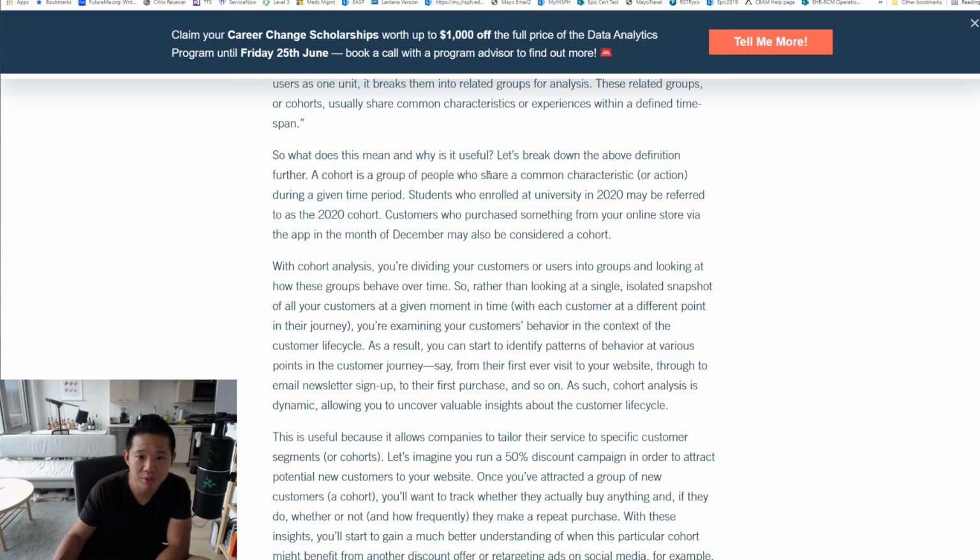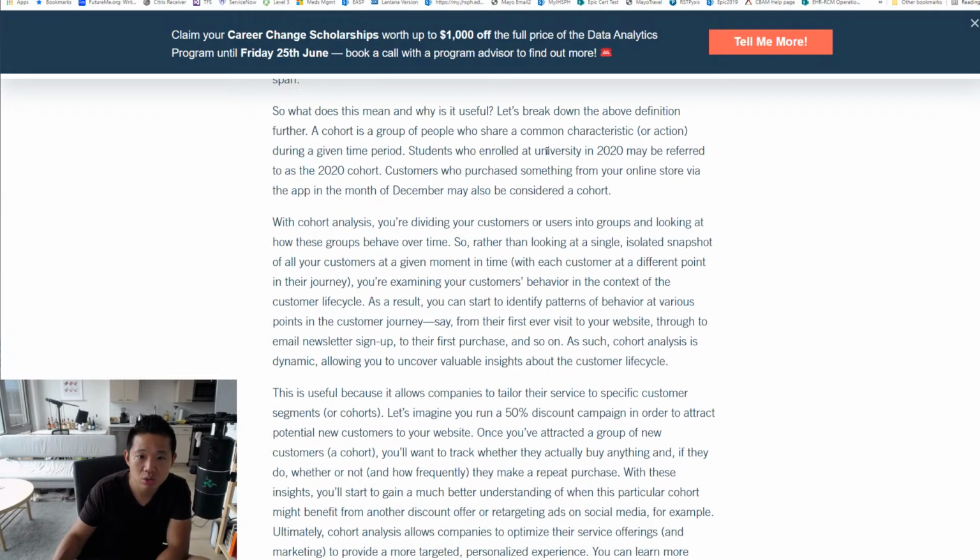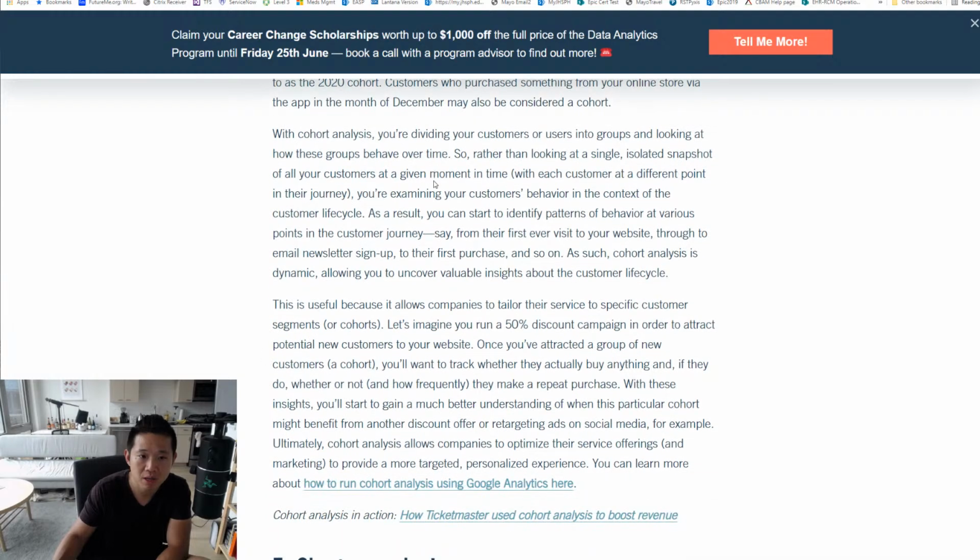A cohort is a group of people who share a common characteristic or action during a given time period. Students who enrolled at university in 2020 may be referred to as the 2020 cohort. A customer who purchased something from your online store via the app in the month of December may be considered a cohort. With cohort analysis, you're dividing your customers or users into groups and looking at how these groups behave over time. So rather than looking at a single isolated snapshot of all your customers at a given moment in time, with each customer at a different point in their journey, you're examining your customer's behavior in the context of